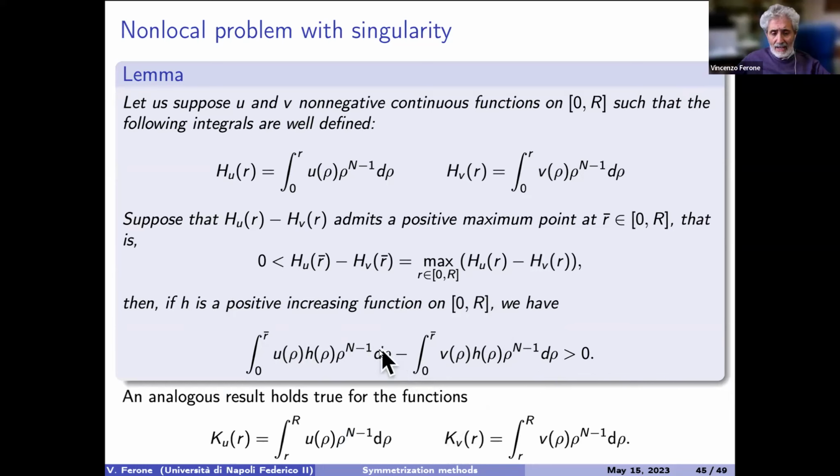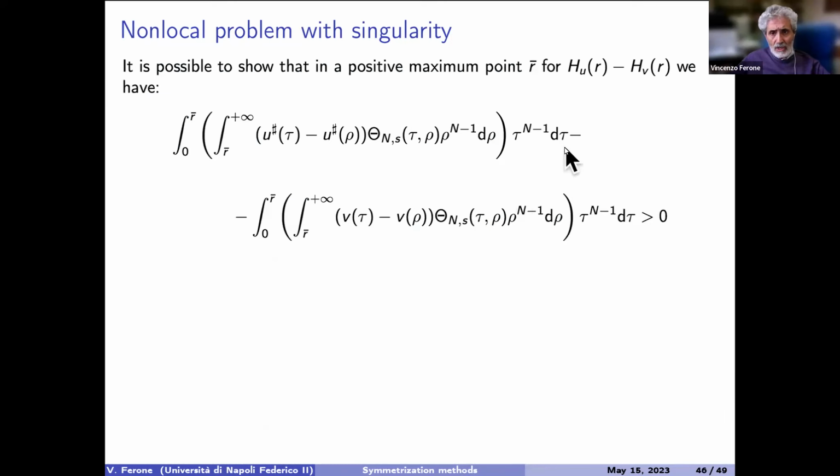So an analogous result, but with all inequalities reversed, holds true for the function k_u, which is the integral of u between r and capital R, and k_v between r and capital R. So once we have this lemma, we go back to this difference, and